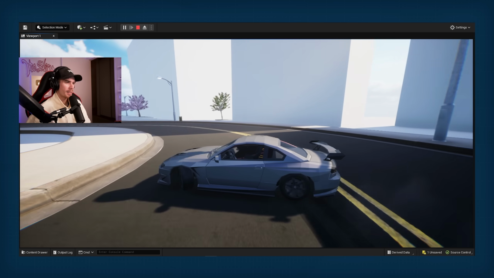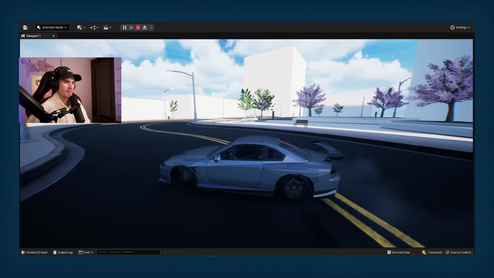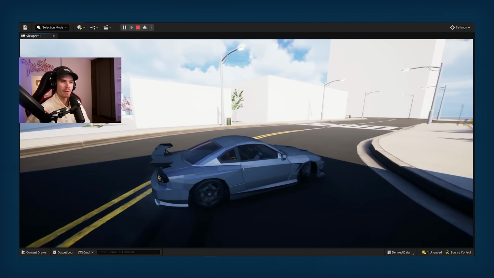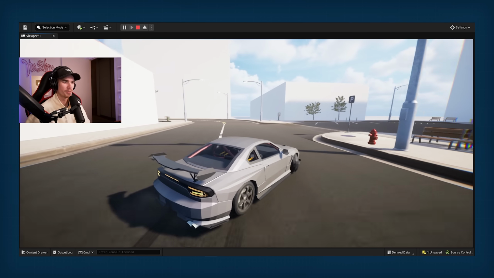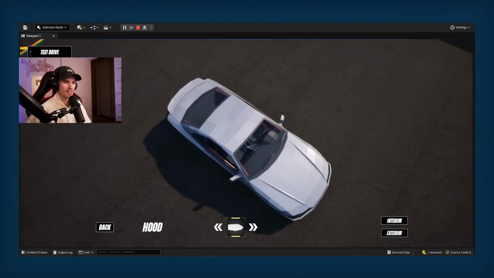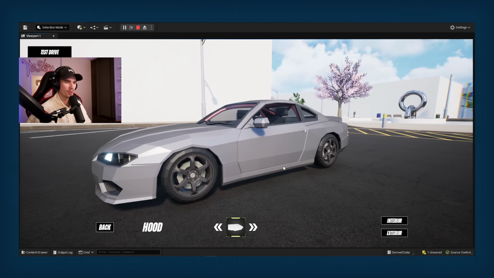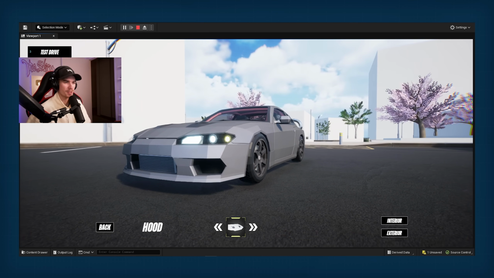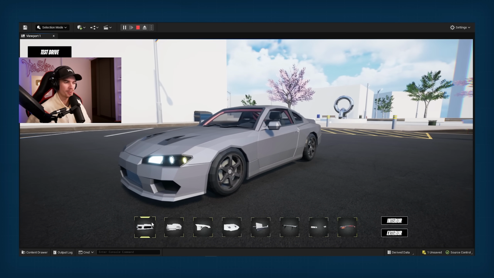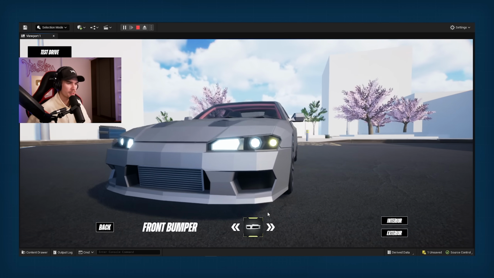Yeah, I just thought it was more fun to add like a little city to customize the car in, instead of just having a garage, because now you can also just test it out and sort of cruise around. Yeah, super cool to have this system set up now and ready to go, because we can basically just replicate the same system for all of the other cars later on, which will have customizable parts